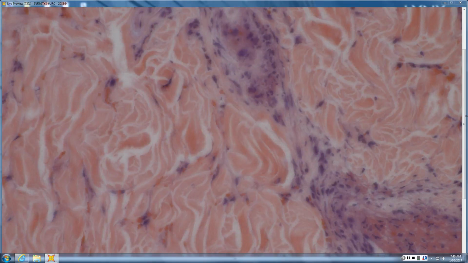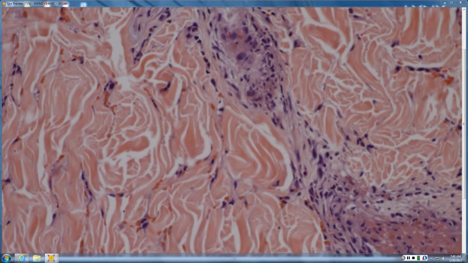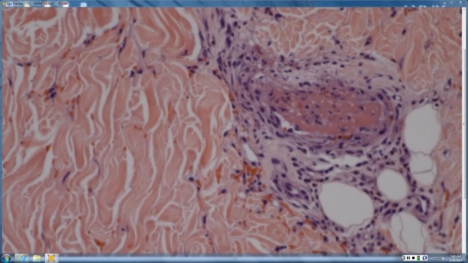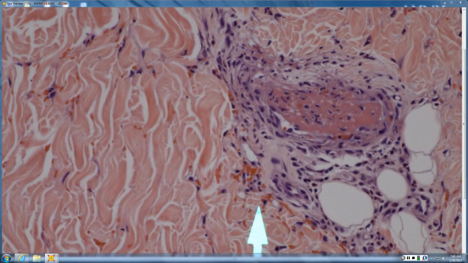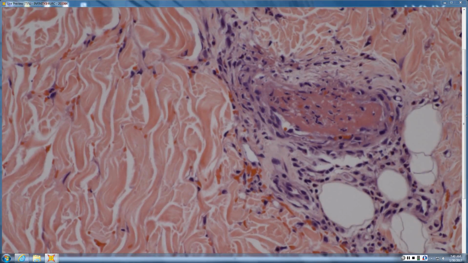Thrombosed. So thrombosed vessels, neutrophils, karyorrhexis, red cell extravasation suggests that the vessel is damaged. So damaged vessel, neutrophils, karyorrhexis, put it in the broad category of